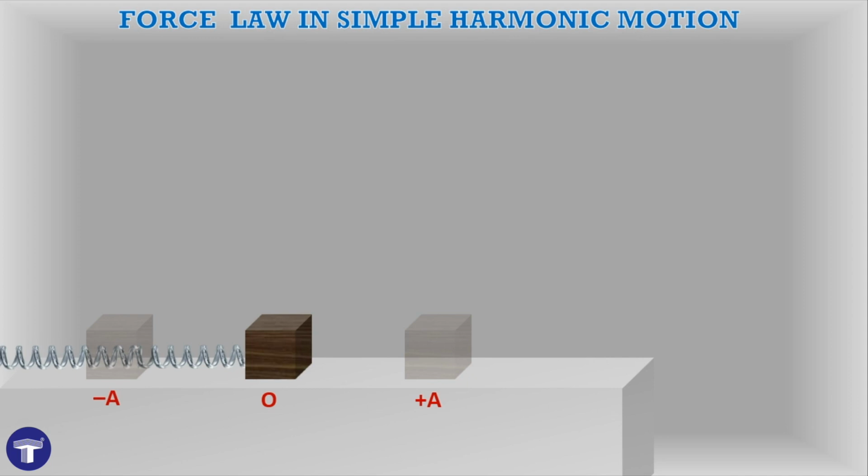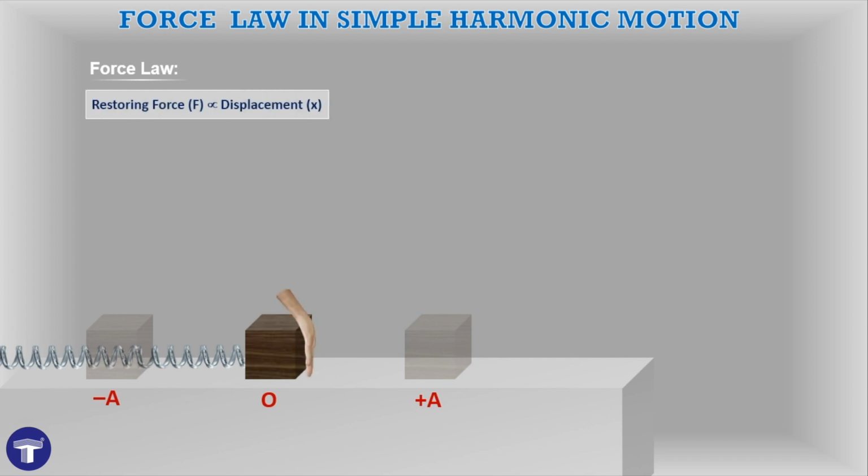Now we have already seen that in simple harmonic motion we require a force which brings the body back towards its mean position. Such a force is also known as a restoring force. The nature of this force is given by the force law. The force law says that the restoring force acting on the body must be directly proportional to the displacement of the body at any given instant of time, which means that the force is always proportional to the displacement from